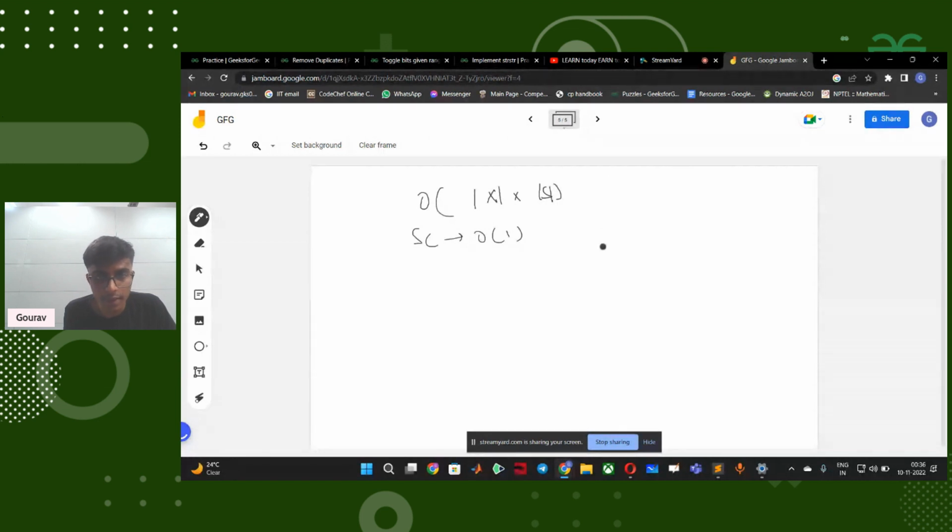So let me just repeat. The loop was traversing across the string s, and the inner loop was traversing across x. And this loop was trying to find whether this particular pattern is present in x or not. If it was present, so the